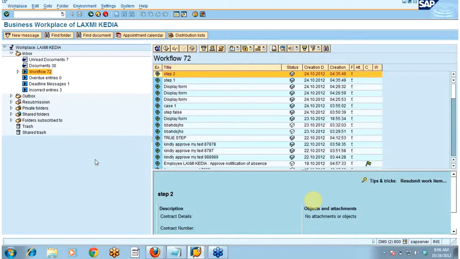Now I will execute only one work item and we'll see whether the workflow has completed or not, because I have defined necessary branches as 1. The end condition was 1. So out of 2, if any one of them gets executed, then the fork will end. Suppose I'm executing step 1.